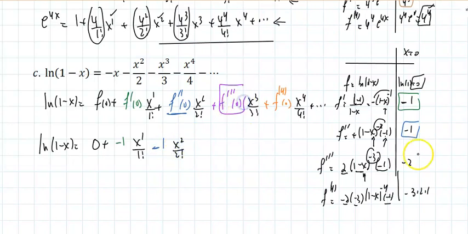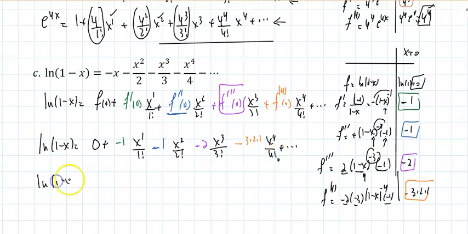Plus the third derivative. The third derivative is a negative 2 times x cubed over 3 factorial. The fourth derivative is negative 3 times 2 times 1 times x to the 4th over 4 factorial, and the list goes on. So I could say natural log of 1 minus x is negative x minus x squared over